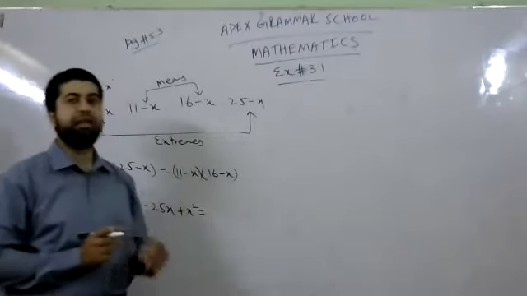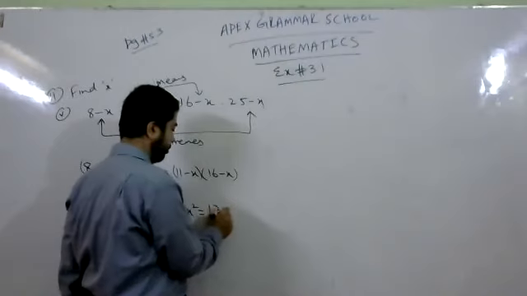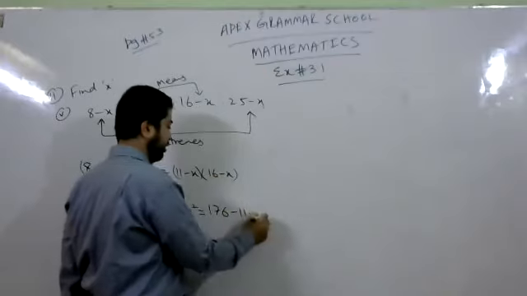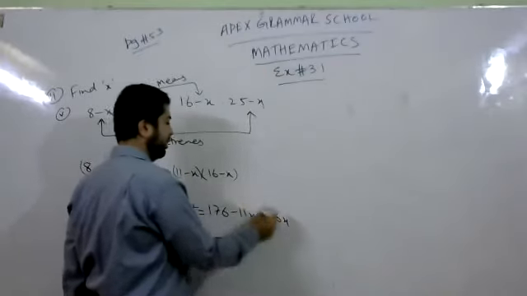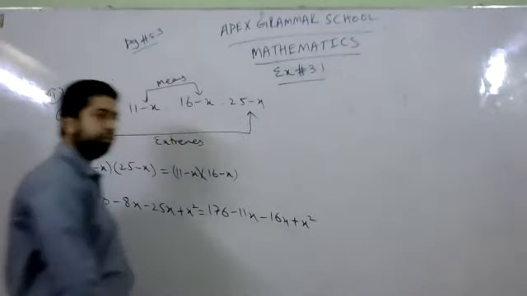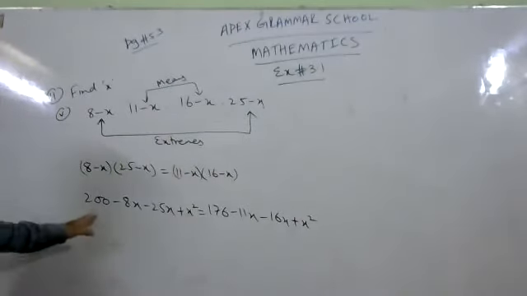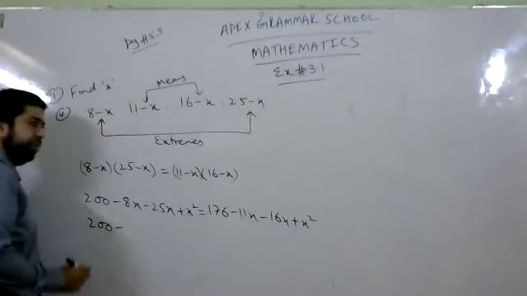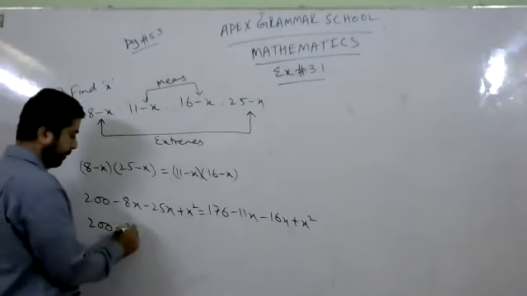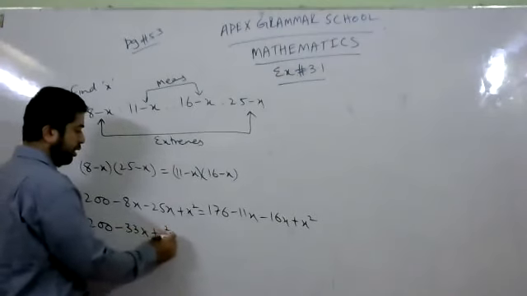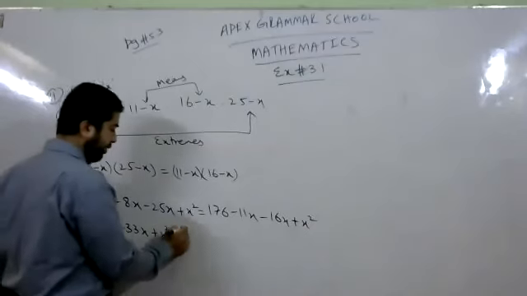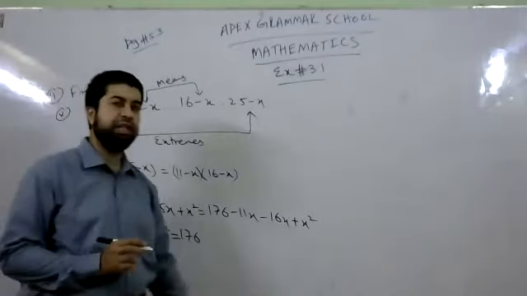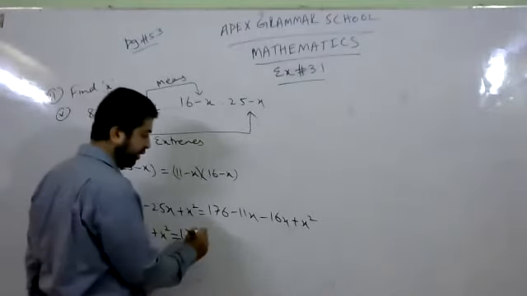11 multiplied by 16 makes 176. 11 multiplied by minus x makes minus 11x, then minus 16x, and minus x into minus x makes plus x square. Now 200, then minus 8x and minus 25x makes minus 33x plus x square is equal to 176 minus 11x and minus 16x makes minus 27x